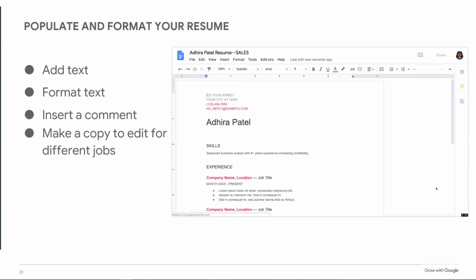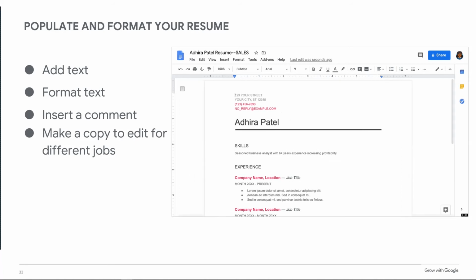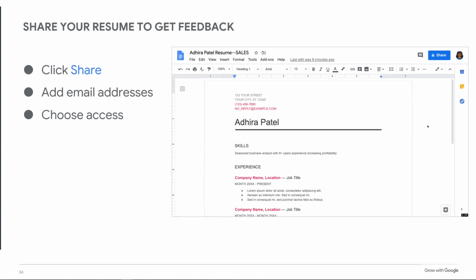You're going to go into the file, make a copy, rename it to whatever you would like. I used to name it by company, and then the resume, but you can name it whatever you'd like. And then make those adjustments so that you don't have to start from scratch every single time, because that would take forever. But you can basically adjust it so it fits every single job, and you're fitting those keywords and those action words that they're looking for within that resume.